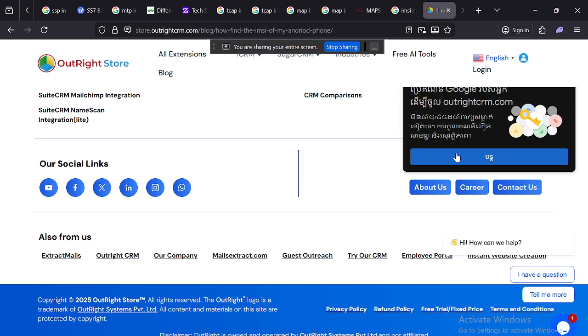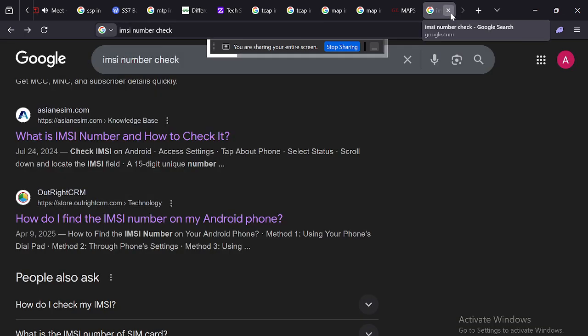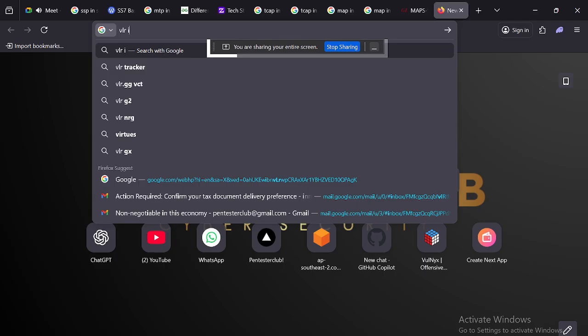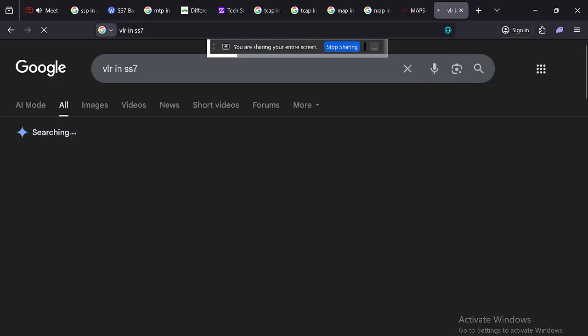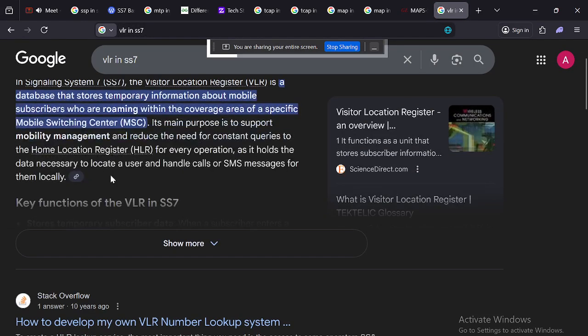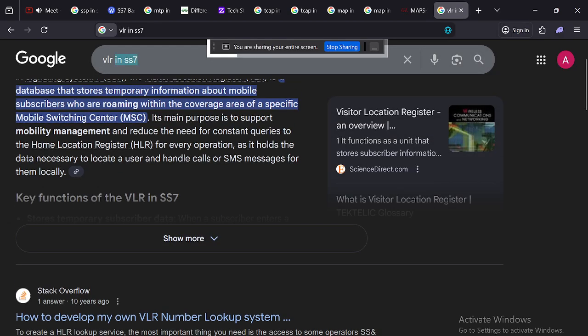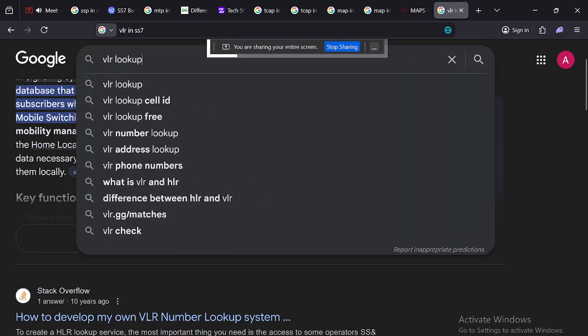So we would like to look at the VLR first. VLR lookup by a cell identity.